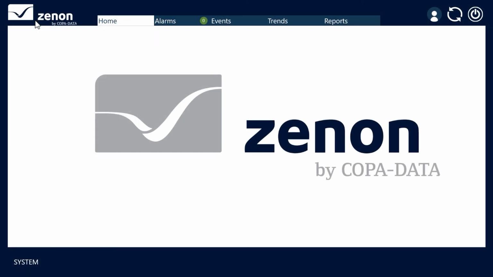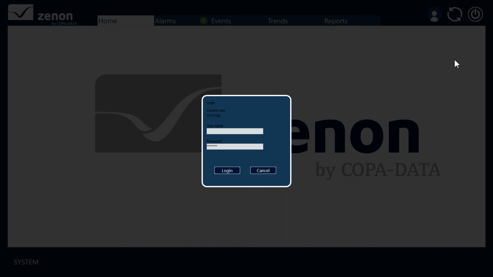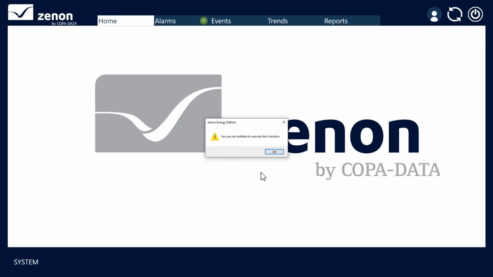When the Service Engine is launched, the system user is automatically logged in, though it does not have any authorization levels. Were I to try to click the Exit button, which has authorization level 1, it will prompt me to log in. For this project, I have made a login screen where I can enter my user credentials. Were I to click Cancel rather than entering my credentials, a warning message will tell me that I'm unable to execute the function. While I could log in from the previous prompt, I'd like to log in directly from my login screen, which can be accessed by clicking this button.